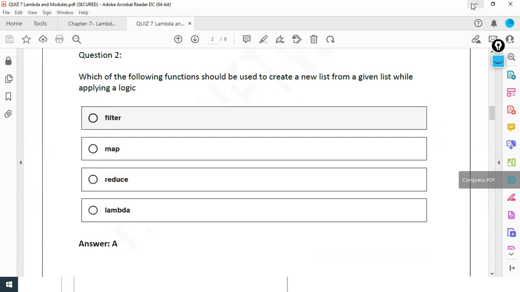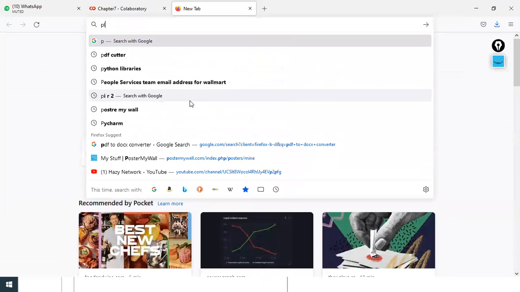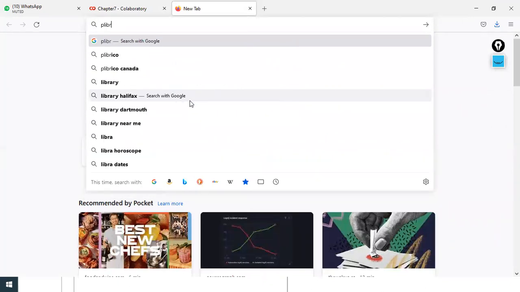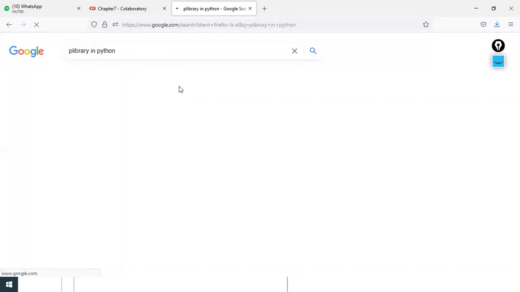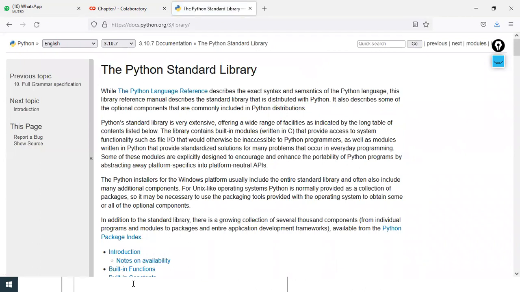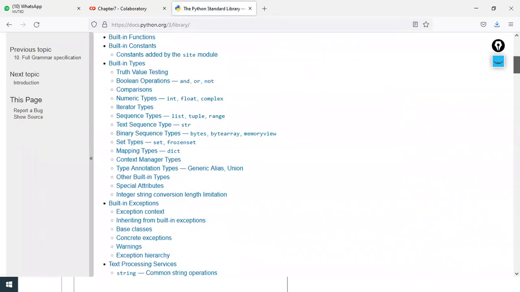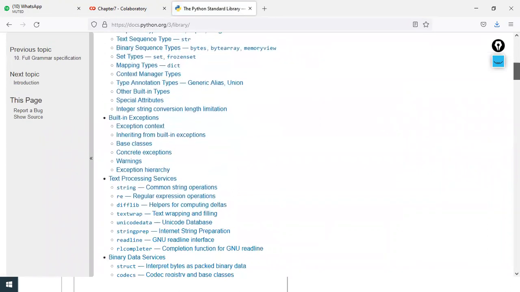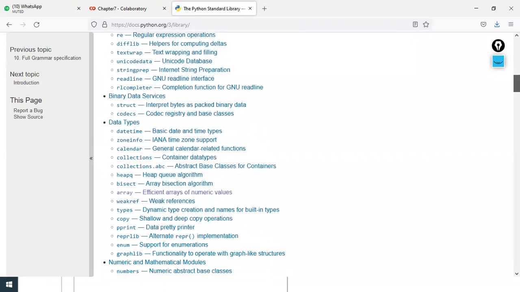So I used almost 100 plus libraries, because whenever you do automation, you have to use many libraries. Whatever libraries are available in Python, you have to use almost each and every one. You can see built-in types, truth value testing, built-in exceptions, string, unicode, codecs, data, zoneinfo.